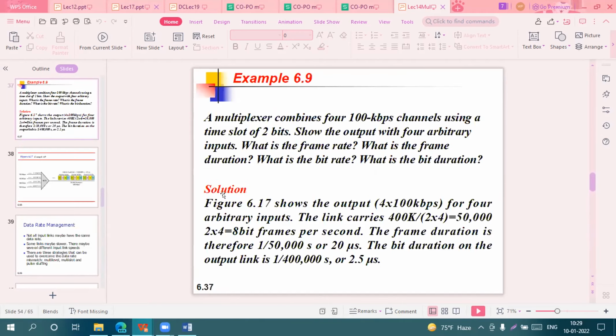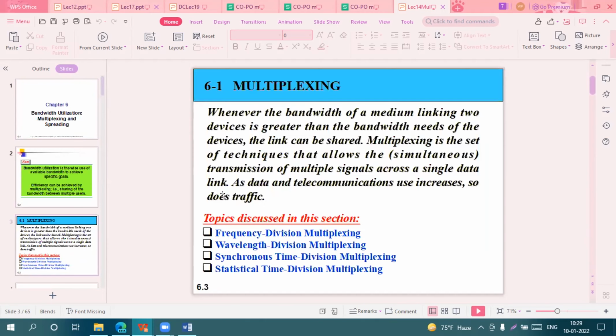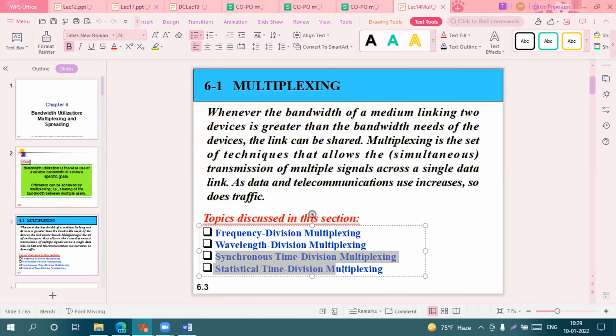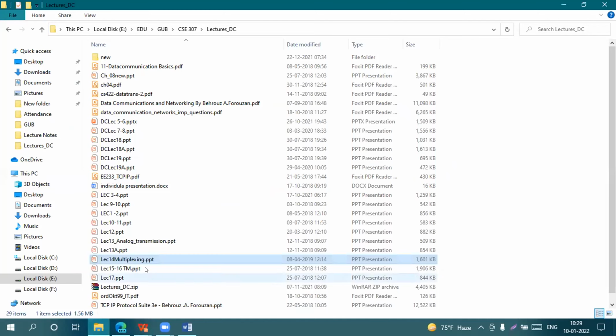এখান থেকে মেইনলি ৩ ধরনের মাল্টিপ্লেক্সিং এর টেকনিক ছিল: এফডিএম, এফডিএম রিলেটেড ম্যাথ, টিডিএম রিলেটেড ম্যাথ, এই দুটো খুবই ইম্পর্টেন্ট। আর ওয়েভলেন্থ ডিভিশন মাল্টিপ্লেক্সিং একটু সংজ্ঞাটা দেখবা, শেষ। আর স্পেকট্রাম ওটা না দেখলে হবে। এটা মাল্টিপ্লেক্সিং রিলেটেড।